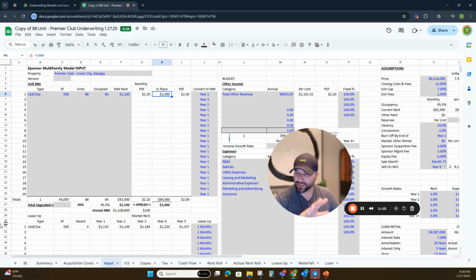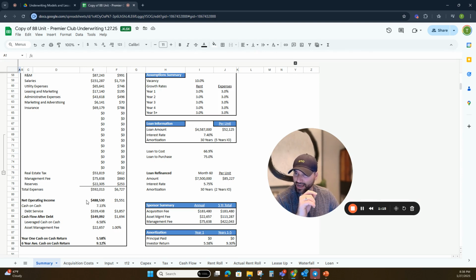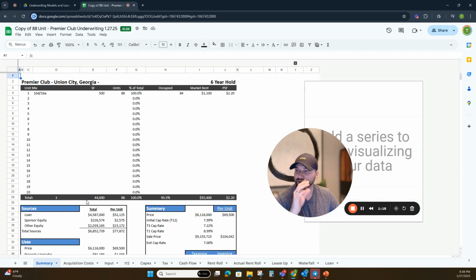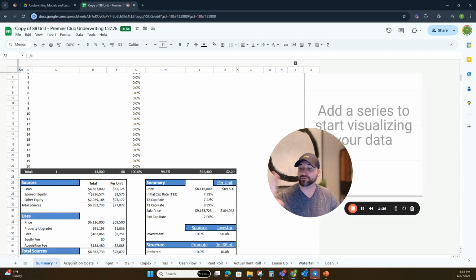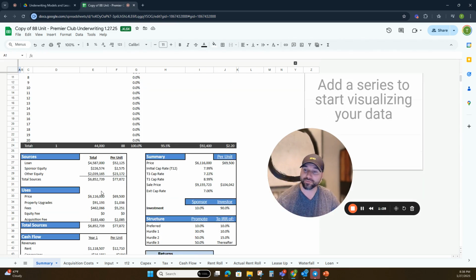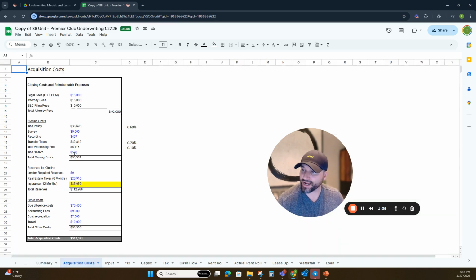As I mentioned, I need to mention this first. At the bottom of this model, you'll see there's a summary tab. This has everything that you'll need. Basically all the information you put into the inputs tab is summarized and pulled into this tab. So you can use this for your offering memorandum. You can cut and paste these specific cells that really look good in an underwriting model. There's the acquisition cost